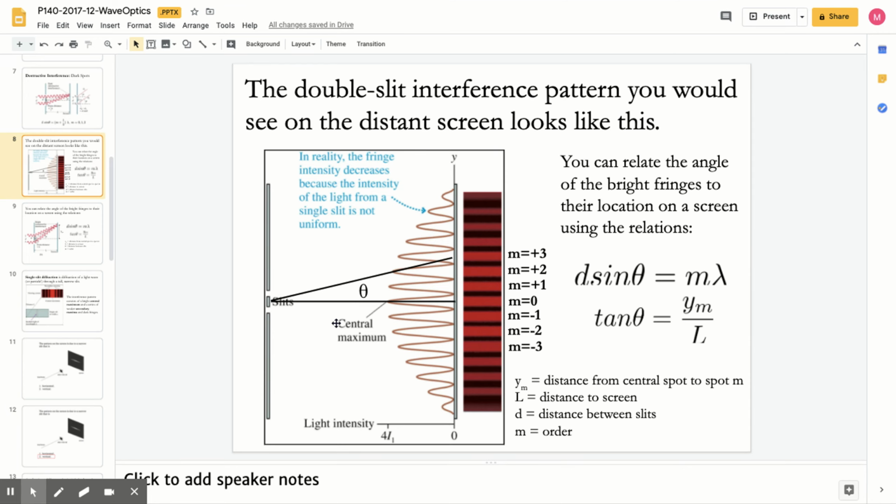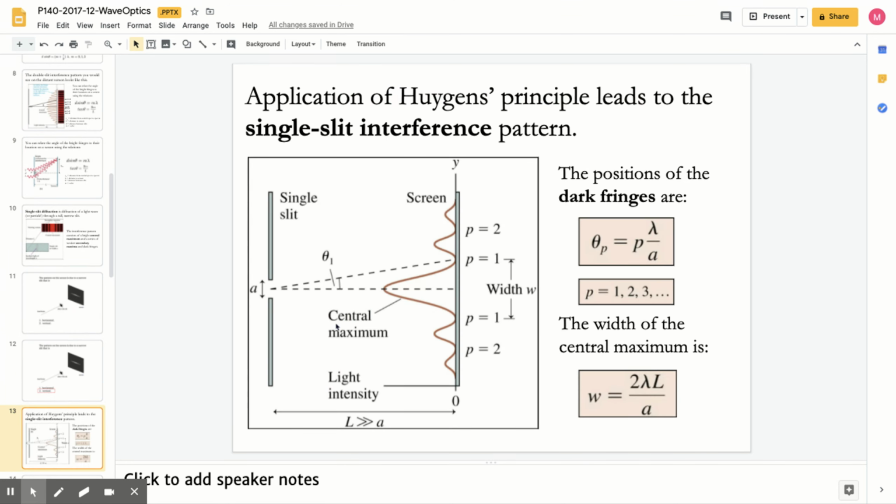This would be my central peak in this example. If I were going to add another slit, I would have a whole bunch of fringes inside of here. We can use the equation in a minute, but the smaller the slit is, the wider this pattern would be. So I can control the size of the central peak by the slit width. Notice here also that when I'm talking about m lambda in the double slit, I'm talking about p lambda here,